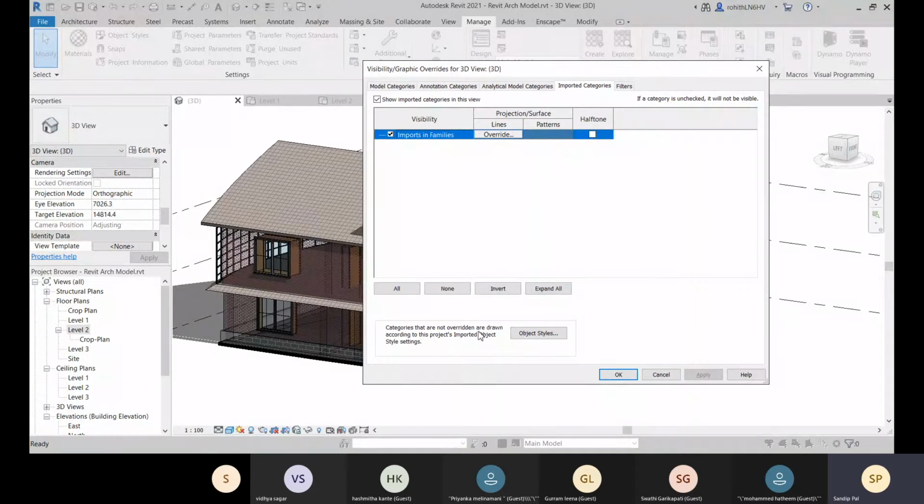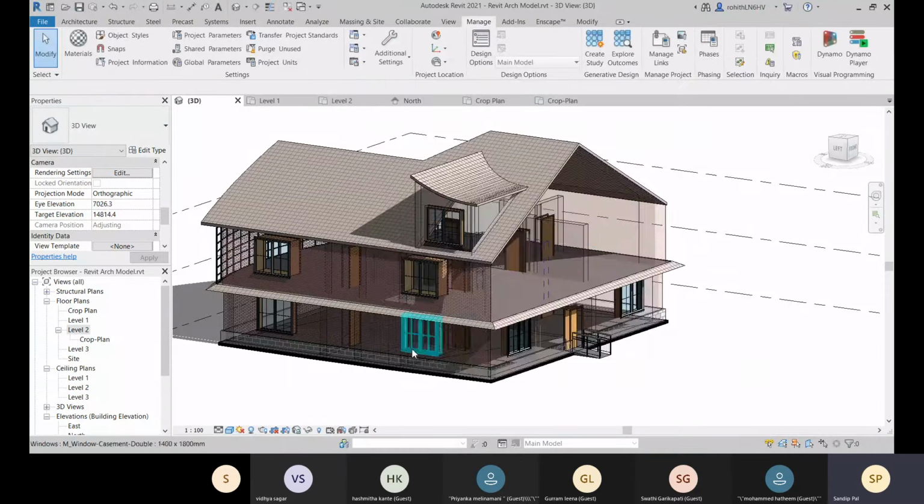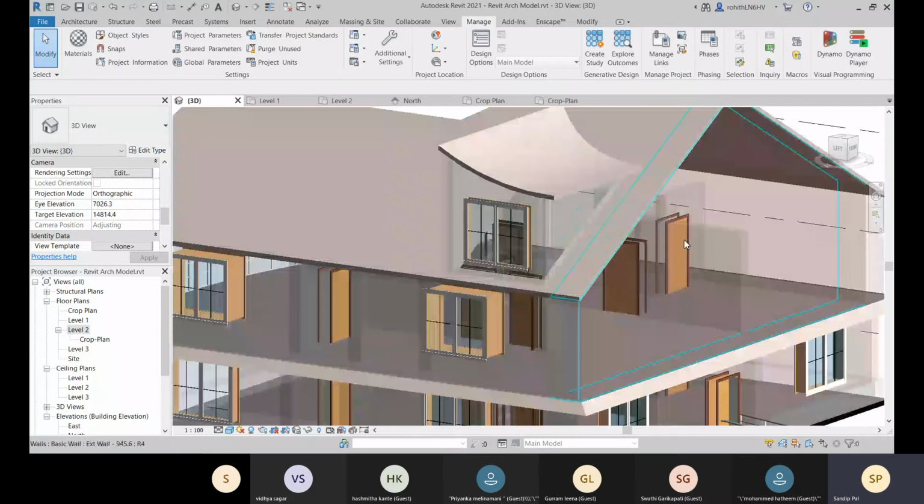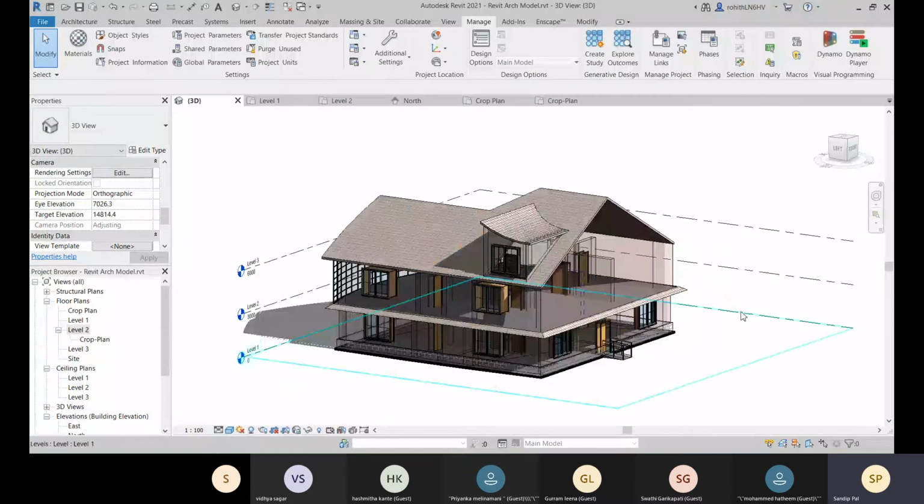So now let's go for this. Click on OK, and yeah, let's click on OK. And this is fine for us with this transparency. We have no issue right now. Now let me go for this